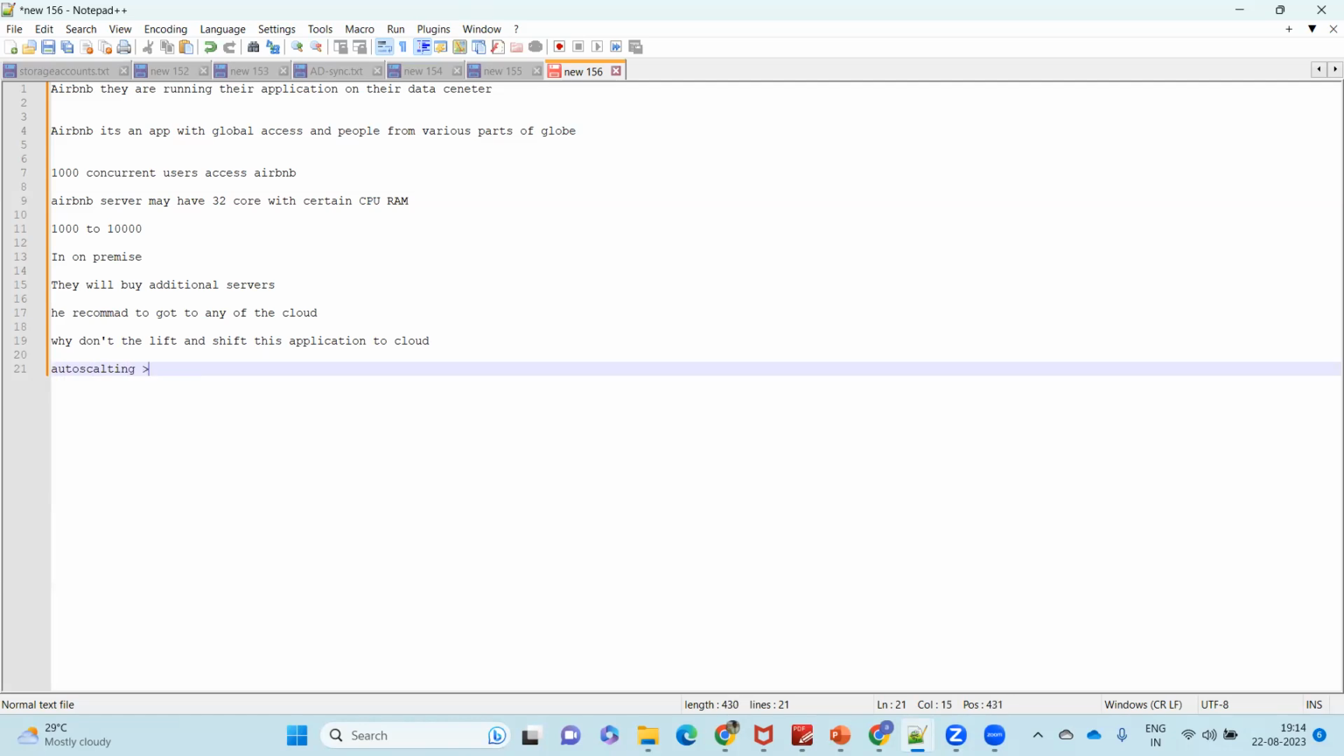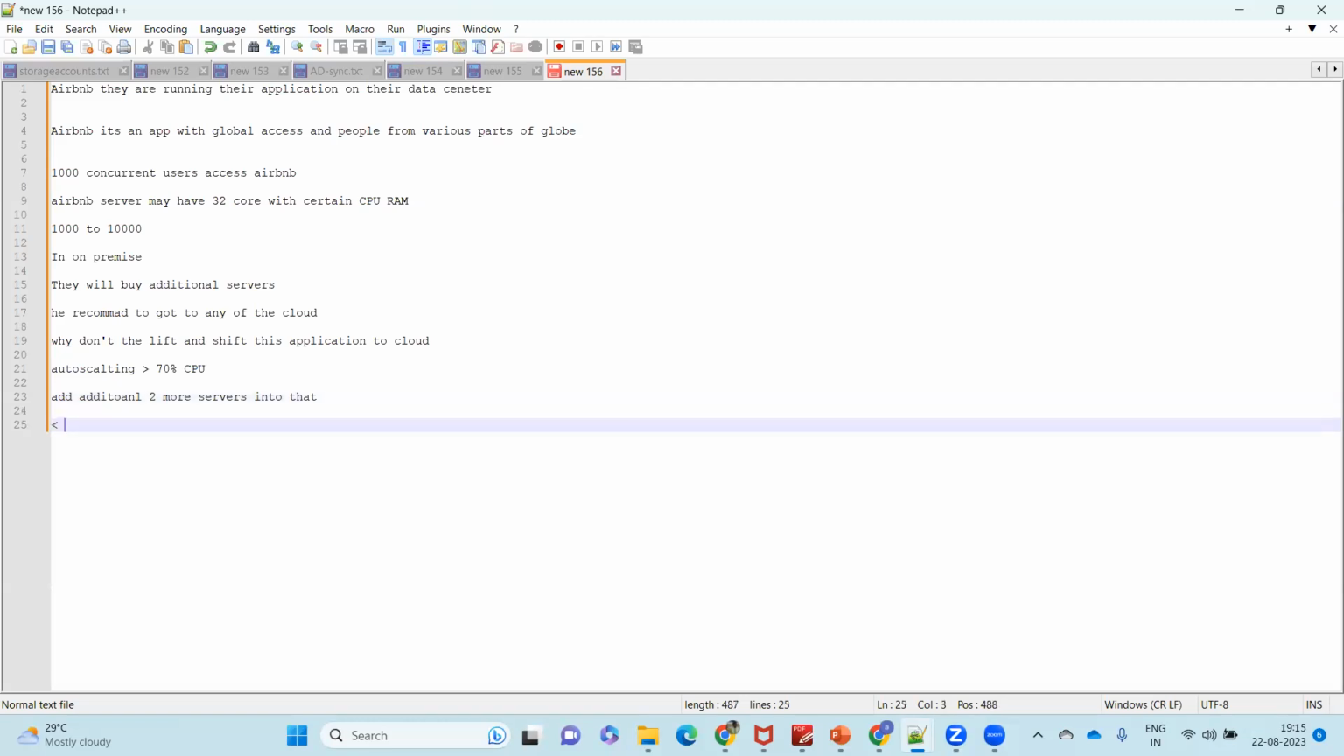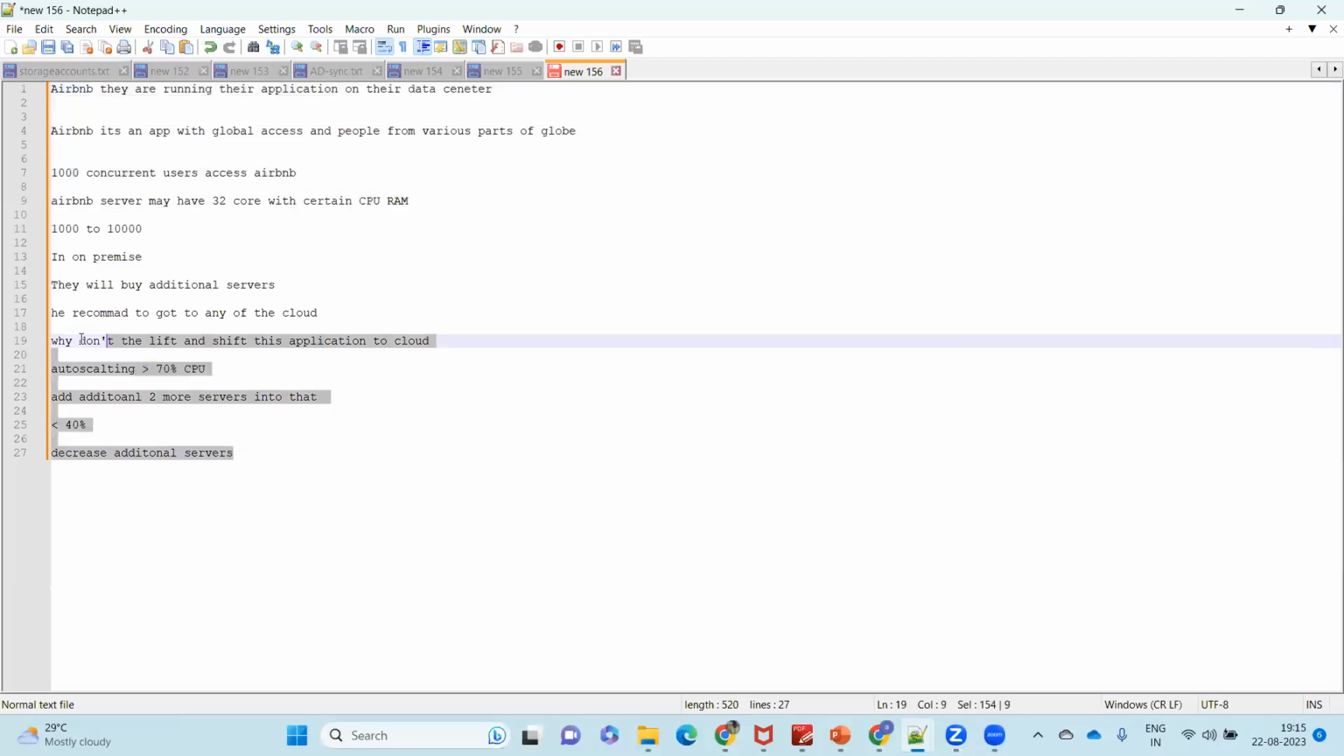rule saying that if the CPU of the current application is more than 70%, then add 2 more servers into that specific pool, and if the traffic is less than 40%, decrease these additional servers back. So this can be done in a fraction of seconds and minutes, right? Compared to on-premise, doing this is very easy, and you can easily automate all this stuff